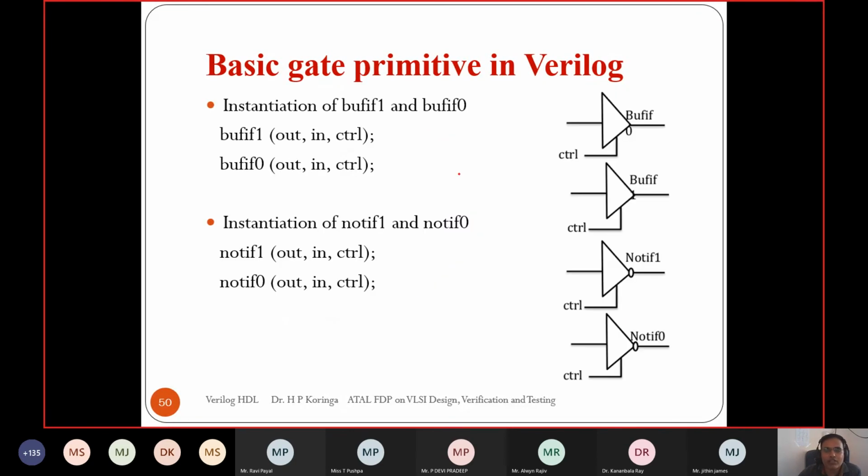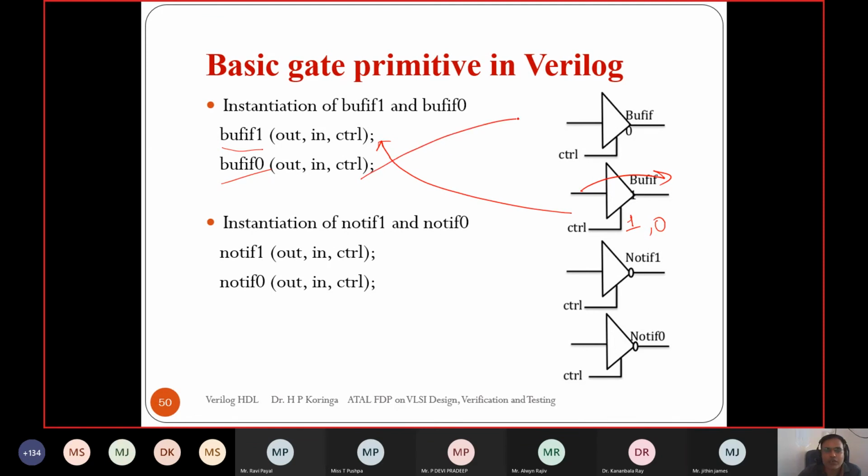This is self-explanatory. For the buffer, there are bufif1 and bufif0. Bufif1 implements this: whenever the control signal is equal to 1, it connects the input to the output. When the control signal is equal to 0, the output is in a high impedance state, right?